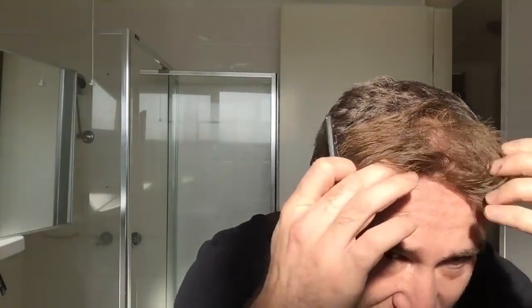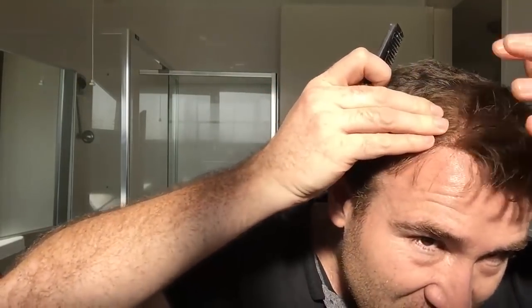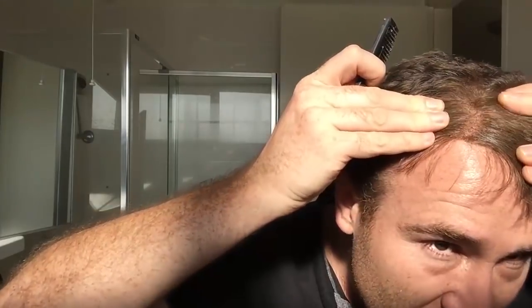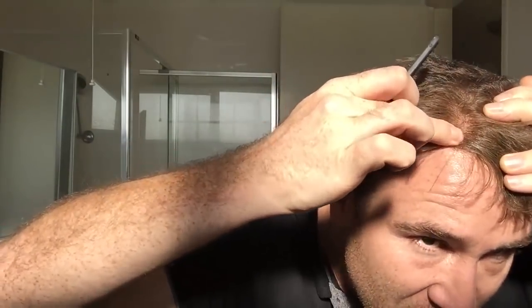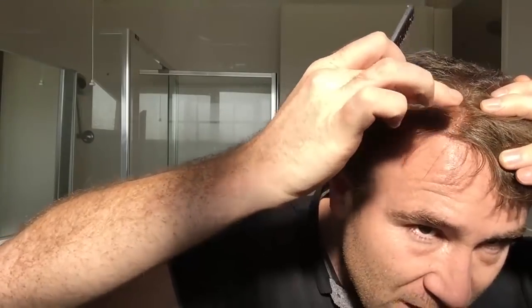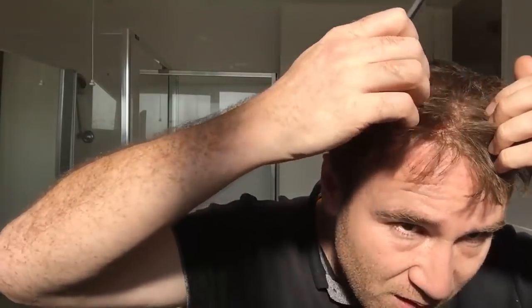Up here the glue doesn't seem as melted. But down here, along the front hairline, it's the most melted. So I don't get that. I just don't get why the front hairline wants to melt the most. Up here it's not melted, now here it's starting to get more melted. Why would that be? Why is that part of my head hotter than the...